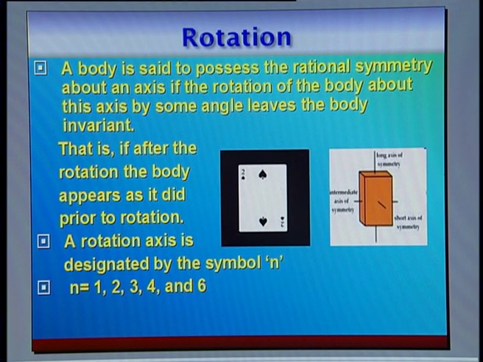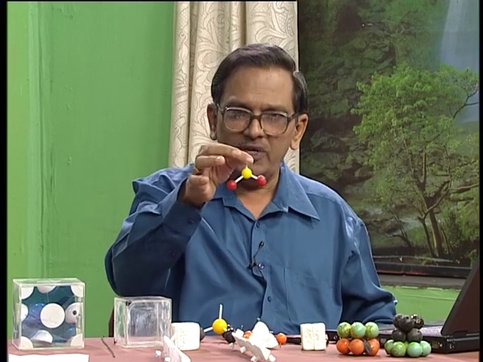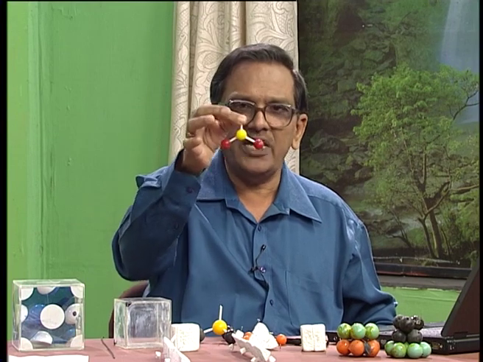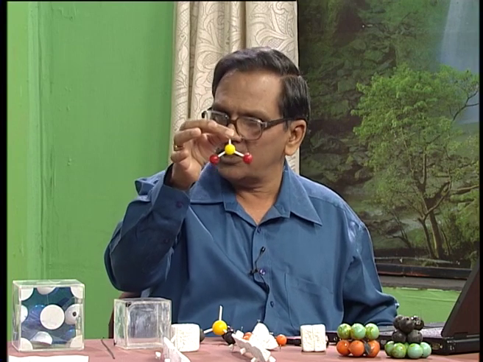1 means 360 degrees; we have to rotate by 360. 2 means 180 degrees. If the total amount of rotation is 360 degrees, all objects remain exactly the same. So, if I rotate it by 360 degrees, we call it n equal to 1. Whereas if I rotate by 180 degrees, 360 by 180 gives 2. That means in one full rotation, 2 times it will have the same position, it will be identical. That is why this is called n equal to 2, or the axis of symmetry here is called a diad axis,